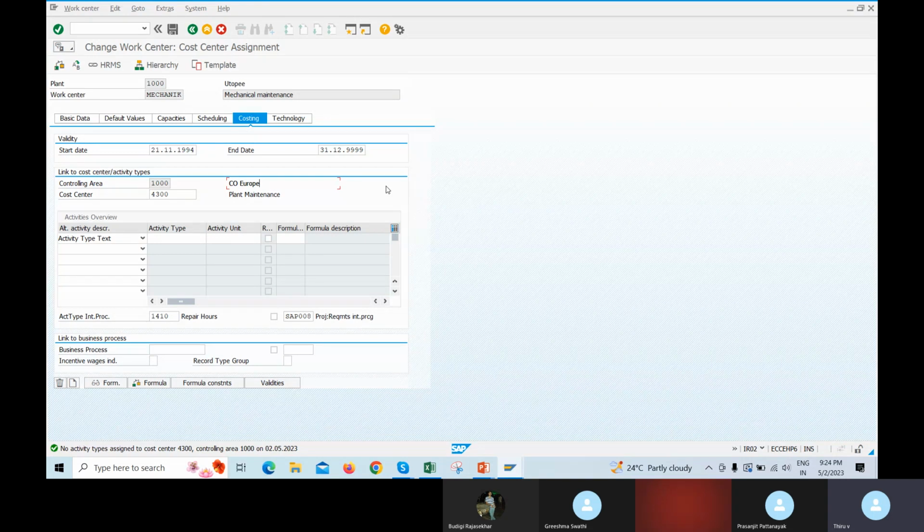The cost is going to settle. Correct, but you are not presenting properly. From where to where? From which is the source to which is the destination, I'm asking. From planned cost to actual cost.